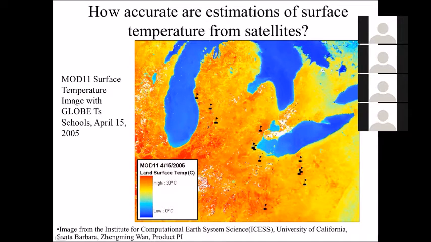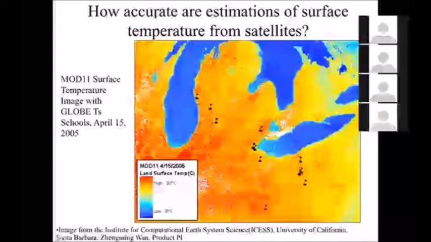Here's a MODIS image, which shows blue being cooler and red being warmer. You can see that the Great Lake Erie is blue, that's cool. This was the April 15th image, tax day. Woohoo, tax day, great. But anyway, you see the red here, near Lake St. Clair, that's actually Detroit.